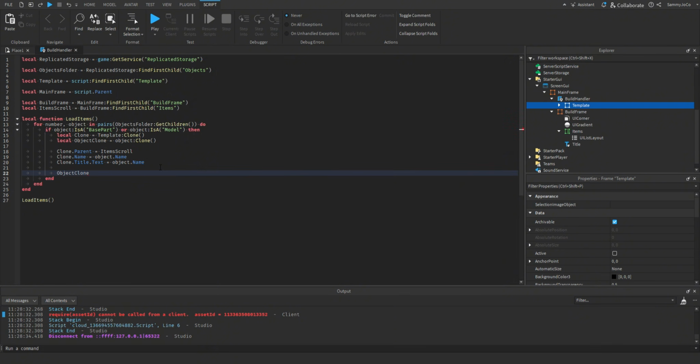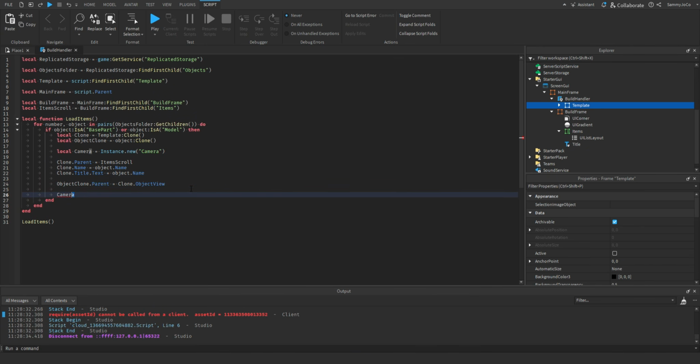Object clone dot parent equals clone dot object view. And let's create a camera. So local camera equals instance dot new camera. Clone dot object view dot current camera equals camera. And then camera